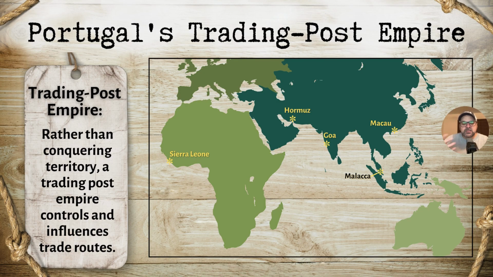Some of Portugal's trading posts are here on the map. So you have one on the western coast of Africa in what is Sierra Leone. You have one in Hormuz, the Strait of Hormuz in the Middle East, one in Goa, Macau, Malacca, for example. Malacca, of course, is one that we've talked about before. Those two spots, Hormuz and Malacca in particular, gave Portugal real control over those straits. There's a strait in the Middle East, the Strait of Hormuz, and then the Strait of Malacca that we've talked about before, where ships that are carrying goods